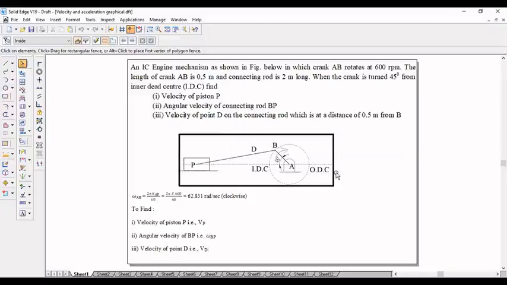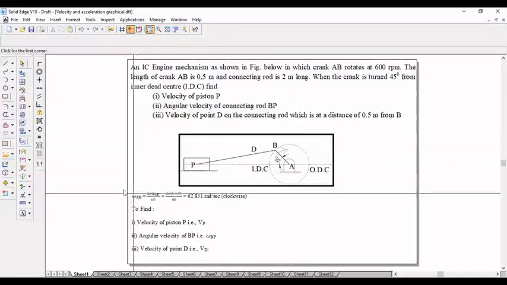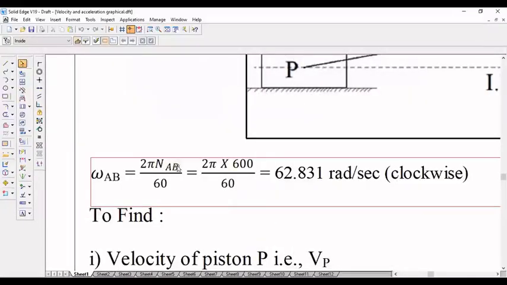Before you construct the configuration diagram or velocity diagram, first let me calculate the velocity, because for constructing the velocity diagram, at least one velocity must be known. They have not given any velocity here. For the crank they have given the speed n, 600 rpm. So from the speed I can calculate the angular velocity omega AB, because the crank is AB. Omega AB is equal to 2 pi n by 60, with n being 600.